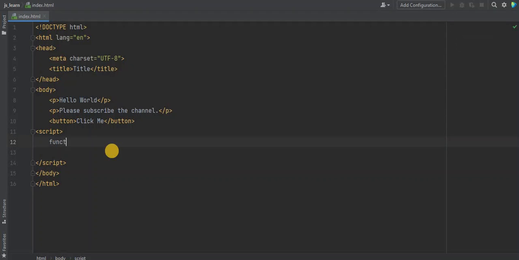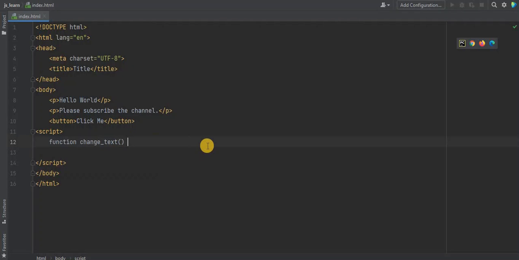To declare functions in JavaScript, we write something like function. This is a keyword. And after function, you have to declare the function name. Let's say changeText and parenthesis. These are for the arguments, but in our case, we don't want any arguments. So we can leave this blank.